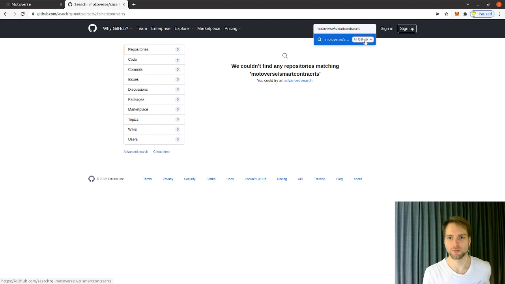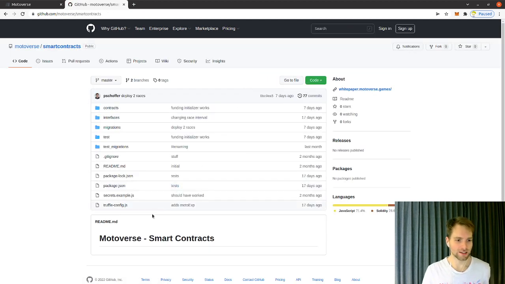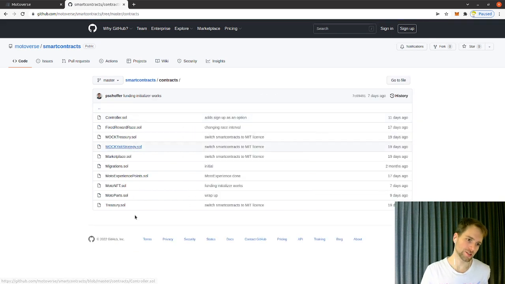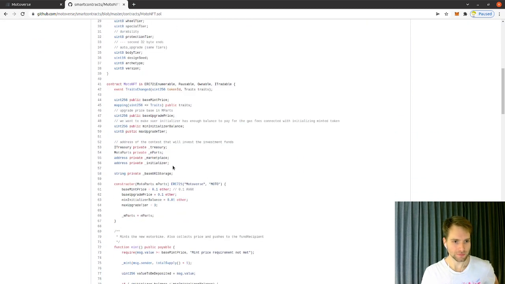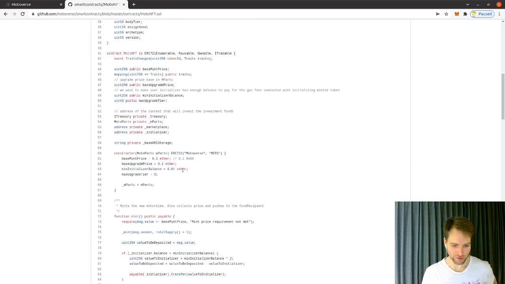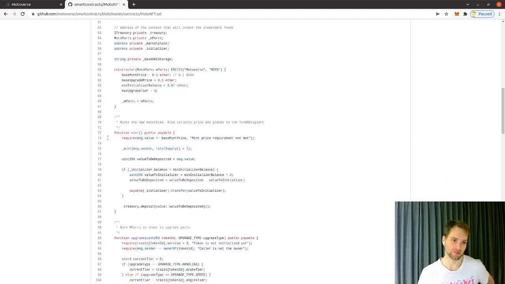Then if we go into contracts, there are like 7 of them. MotoNFT is the one we're looking at. It looks kind of complex, but the underlying logic isn't too complicated.